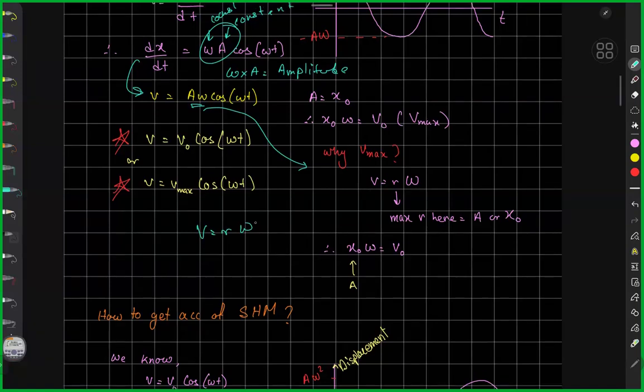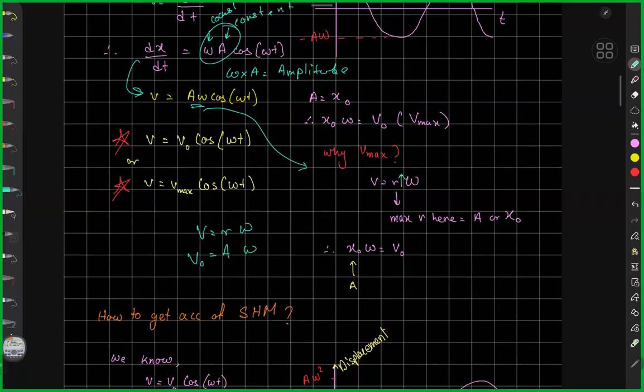When I'm writing V is equal to R omega, and my R is maximum, or my displacement in this chapter is maximum, or A, you get V naught, the maximum velocity. So when my R is max, you get the max velocity. Hence, you can say V naught is equal to X naught times omega. What is X naught? Max displacement or amplitude,